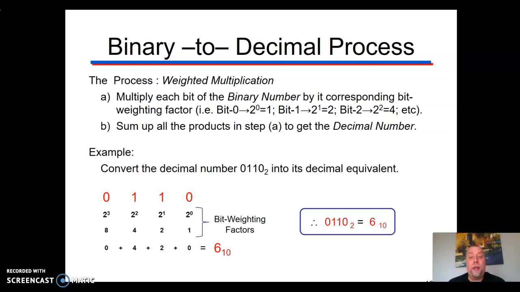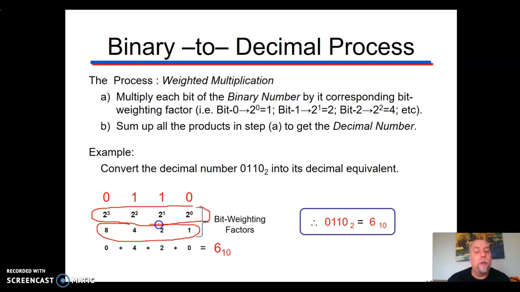Okay, to try to explain going from binary to decimal, see if I can explain a little better than I did last time. The key thing you've got to understand is this weighting area here. Let me put my pen on here. This area right here. Basically, not even that part, but this part here is the most important thing that you have to